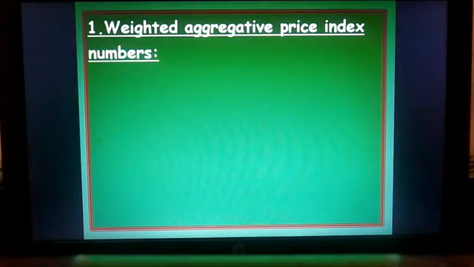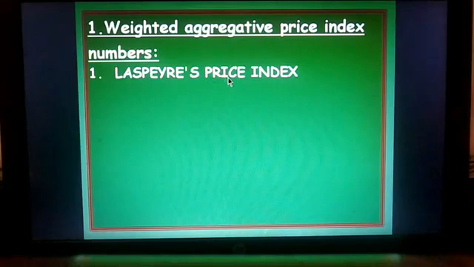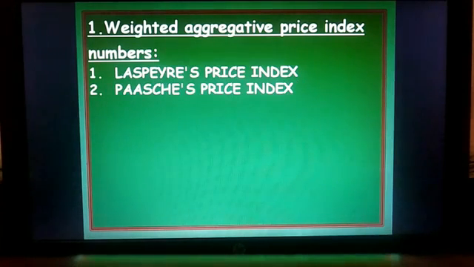Many mathematicians and statisticians have contributed their studies in order to find out weighted aggregative price index numbers. In that, the first mathematician or statistician gave the idea of calculation of weighted aggregative price index numbers. Name was Laspere. That's why it is named after Laspere's price index number. So what it says, we shall see later, but how many such weighted aggregative price index numbers we are having,